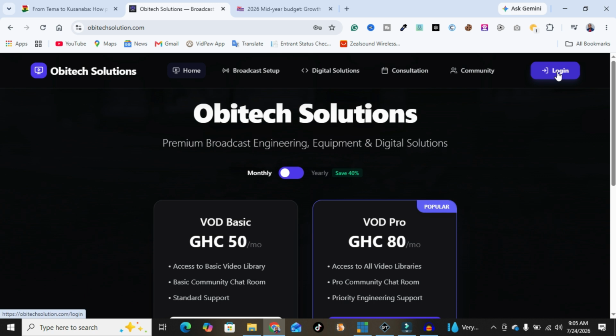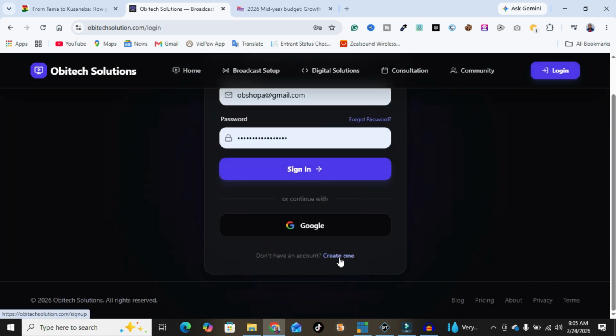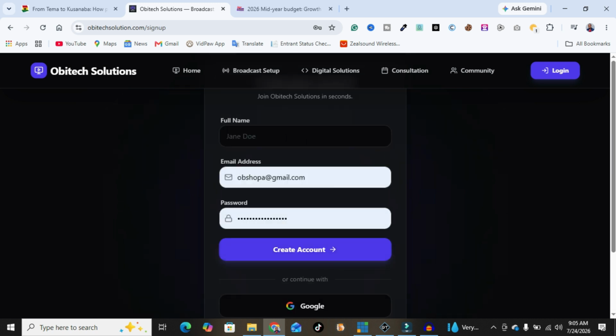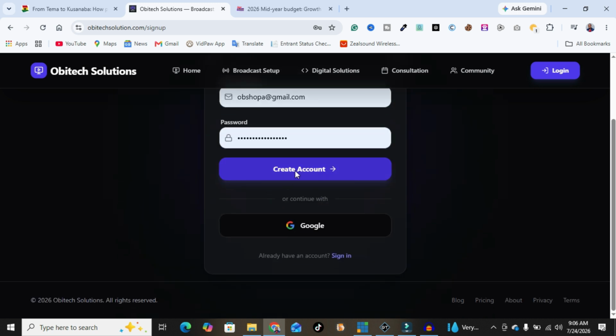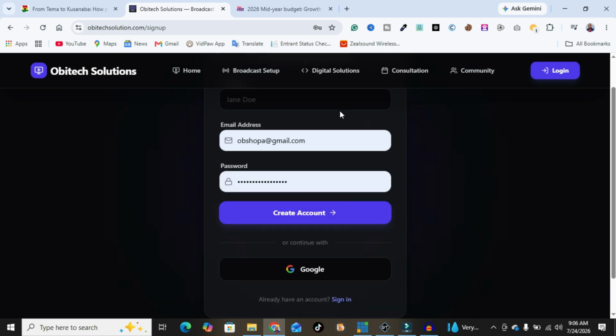Now I click on login. Clicking login, now I click create account. Create account. Okay. Now with the information, your name or email address or password, now I click on create account. Email, now you see the notification. Verification has been sent to our email. Now I click on verify to verify the email.